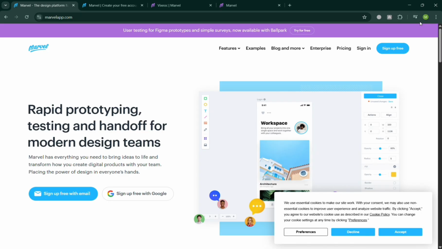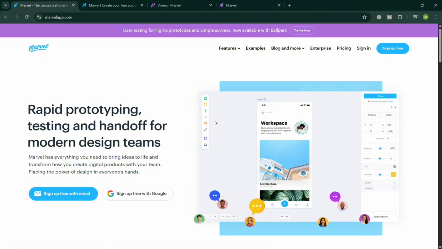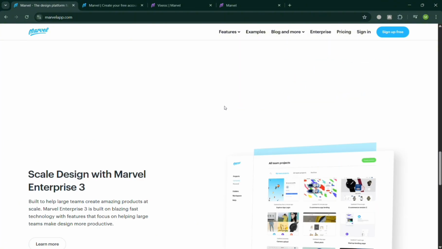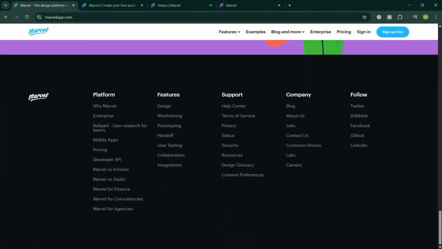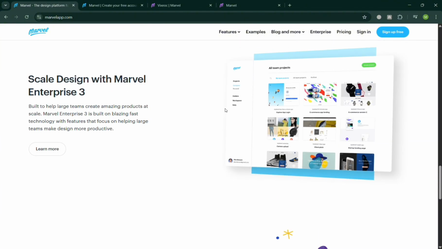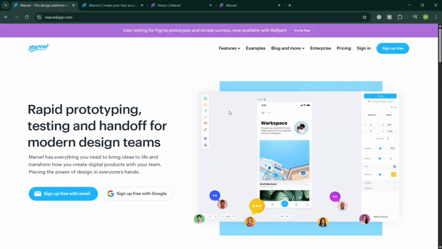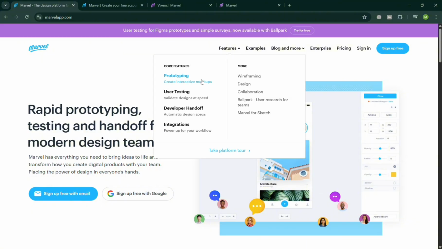But before that, if you don't know what Marvel app is, it is a web-based design and prototyping platform that allows individuals and teams to create interactive app and website mockups without the need for coding, in which it provides tools for wireframing, prototyping, user testing, and collaboration, making it ideal for designers, developers, and product teams. And users can simply upload their design, add interactive hotspots, and simulate user flows to visualize the final product experience. And Marvel also offers integration with tools like Sketch, Jira, and Slack, allowing seamless workflow across design and development